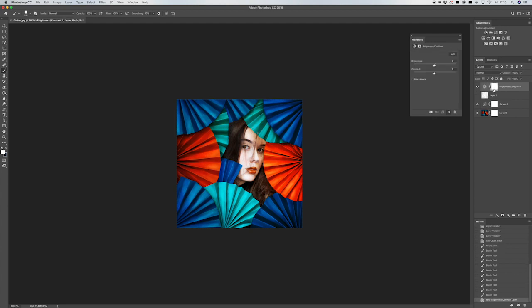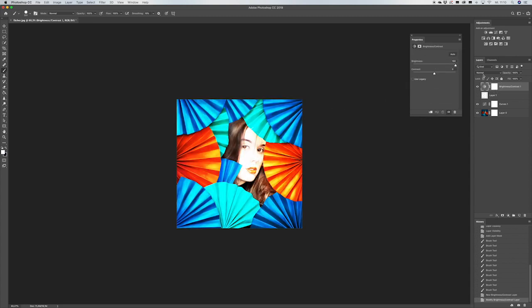You can make the brightness tool and you see they already have these masks over here. So if I change the brightness into really bright, but I just wanted to have the face in a normal color, then I can paint in the mask of the brightness adjustment with a black brush